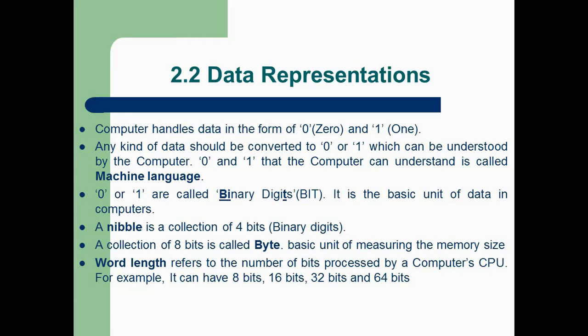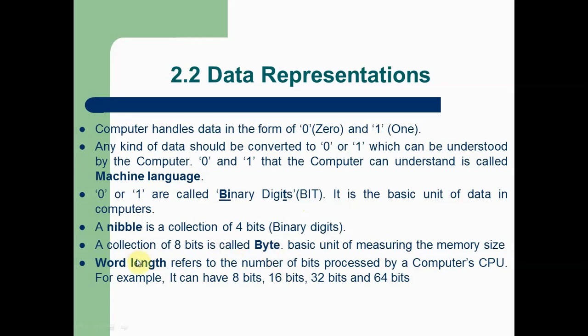In binary language there are only two digits, namely 0 and 1. This 0 and 1 is known as a binary digit. In short, we can say bit. Here you can see the abbreviation form of bit, binary digit. Four bits of binary digits is known as a nibble. When you combine these two binary digits, zeros and ones, in any combination, if in the form of 4 bits, then 4 bits of binary digits is known as a nibble. 8 bits is called a byte.